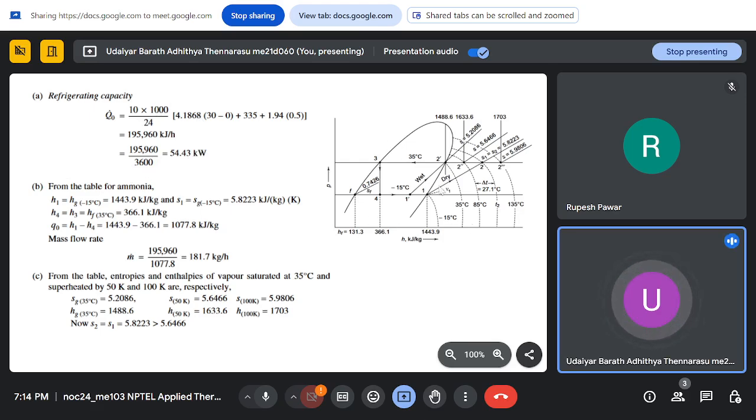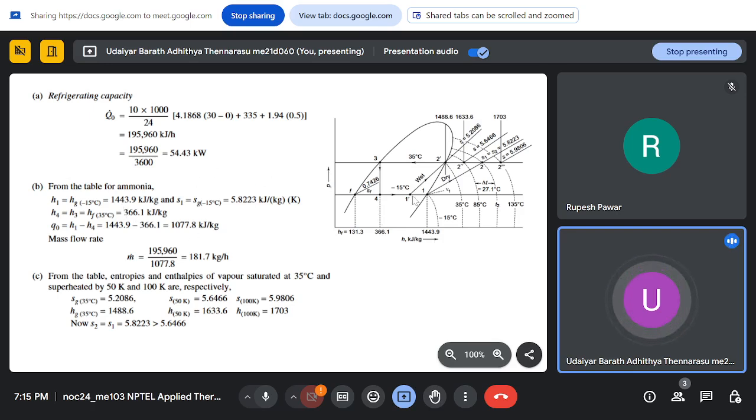So from the table of ammonia, so this is ammonia, we know H1, assuming it is saturated vapor at minus 15 degrees Celsius. The corresponding enthalpy for that is 1443.9 kilojoule per kg, and the entropy there is 5.8223 kilojoule per kg K. And H4 is your saturated liquid, equal to H3, the saturated liquid at 35 degrees Celsius, because evaporator temperature and condensing temperature are given. There the enthalpy corresponding to that is 366.1,